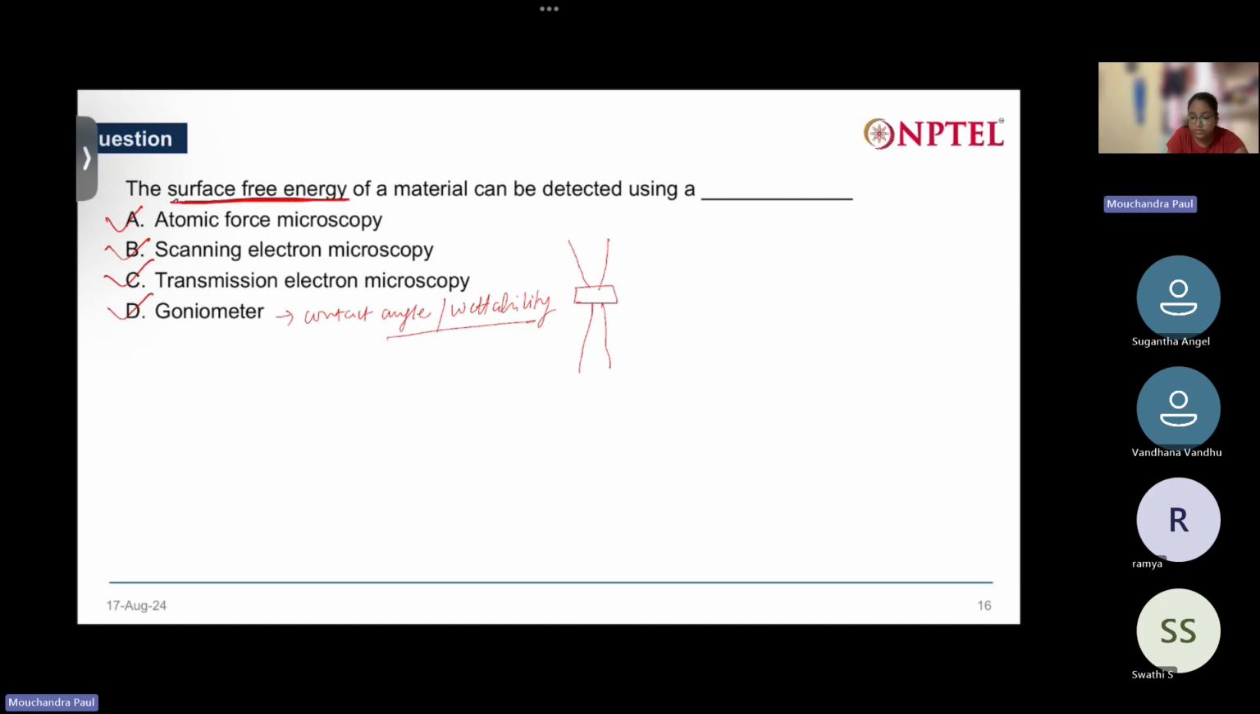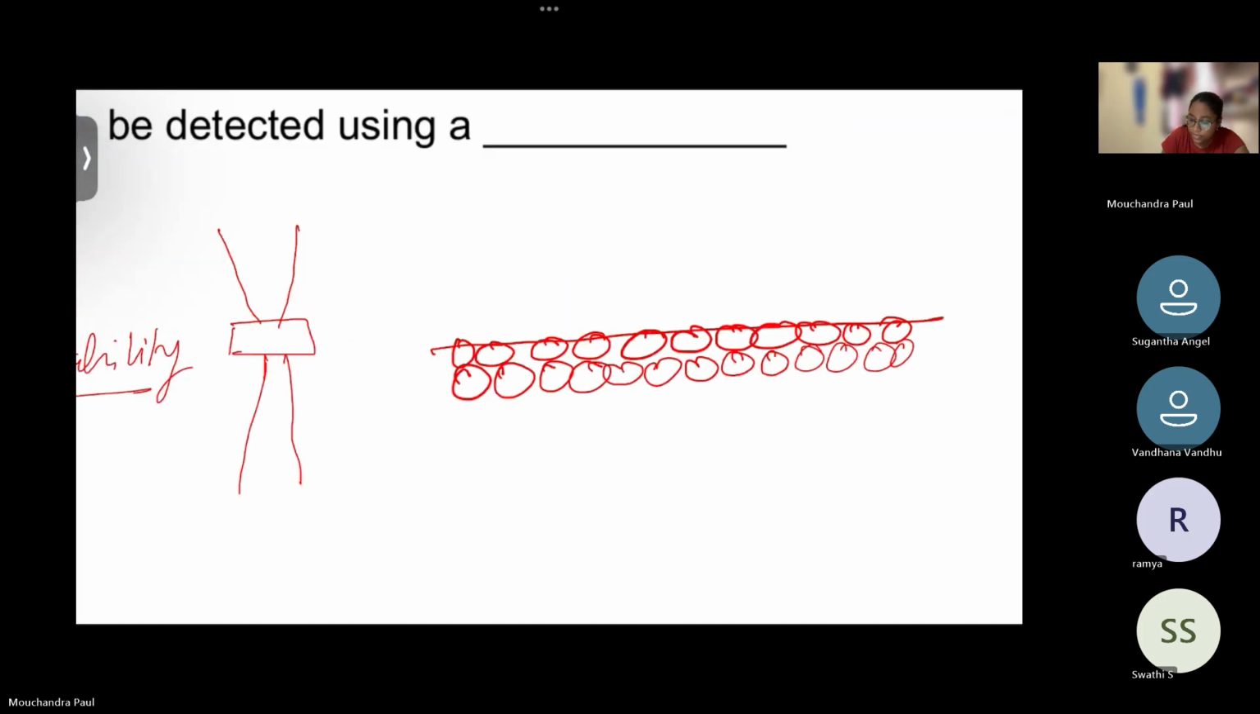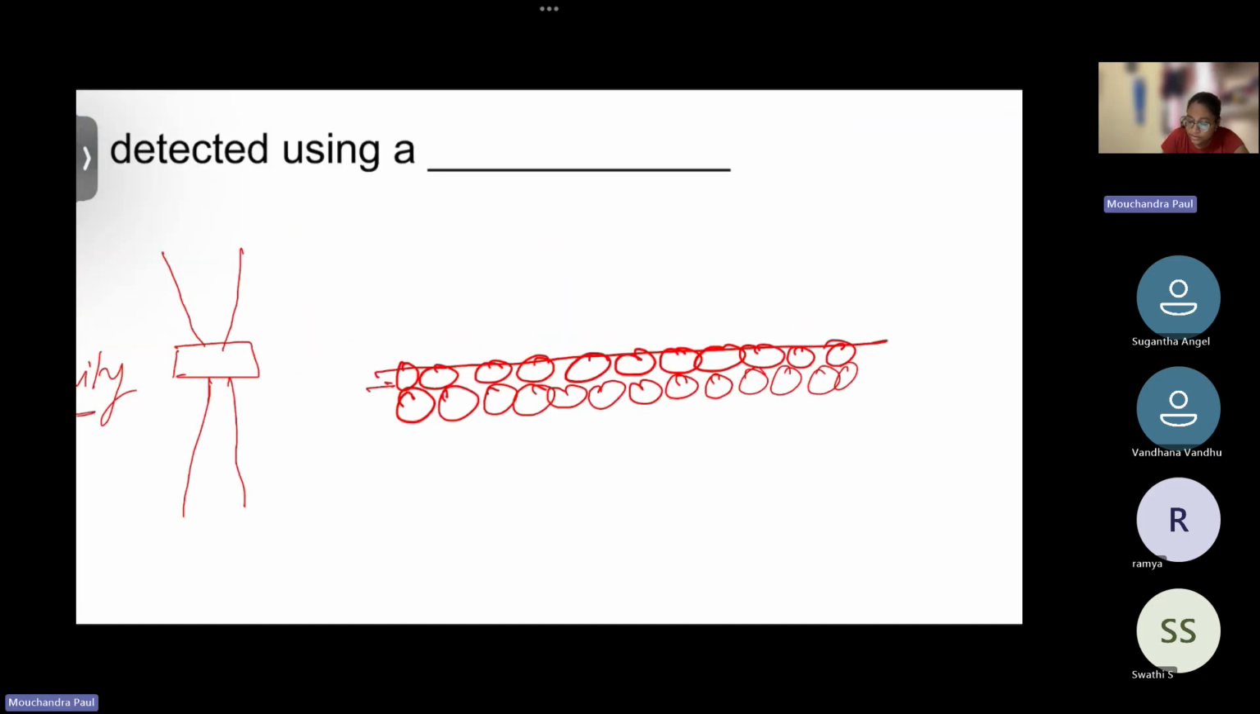surface free energy. So for surface free energy, if you take some time later on today or maybe anytime, try to look up what is surface free energy. Surface free energy tells you about, so there are some atoms on the surface. Now this is another layer of atoms. If you see this interface,